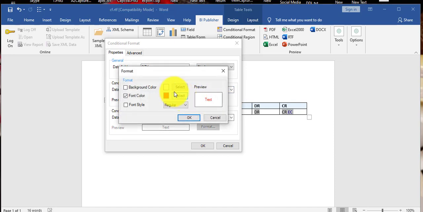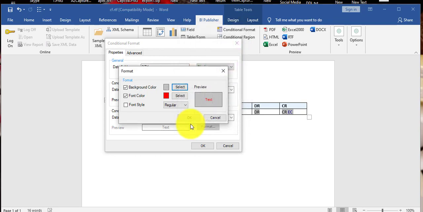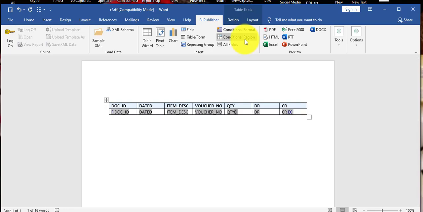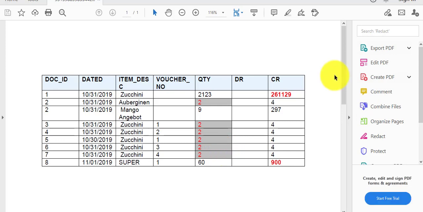I'm changing the background color, let me choose gray, okay, okay, okay. Now viewing the PDF file, you can see conditional formatting applied on this quantity.